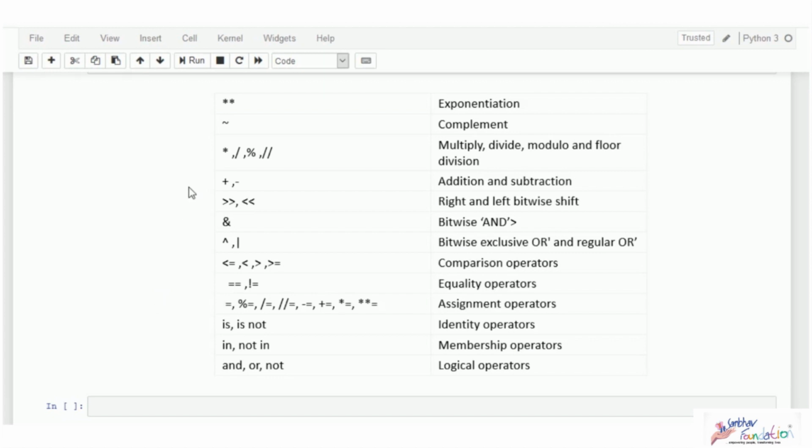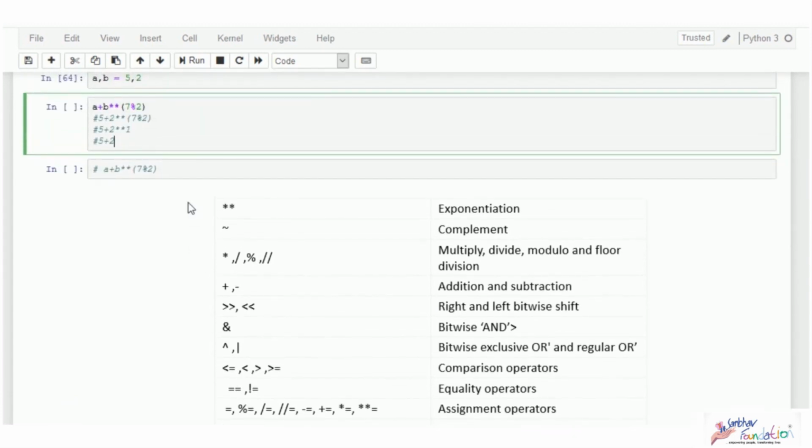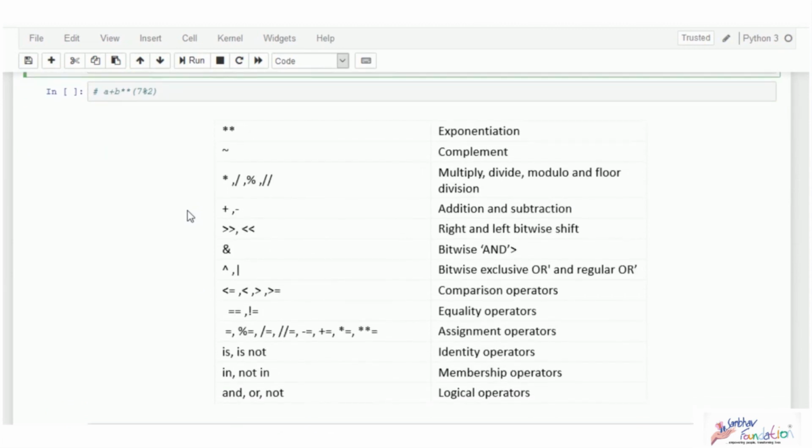Okay, so you need to remember this. You don't need to actually learn this by heart. Anyhow, first we know that brackets are evaluated, right? After that, you have been learning the BODMAS rule from your schools, so you will automatically remember that after brackets you get your exponentiation, then multiplication, division, and then addition, subtraction. So this is automatically registered in your mind already.